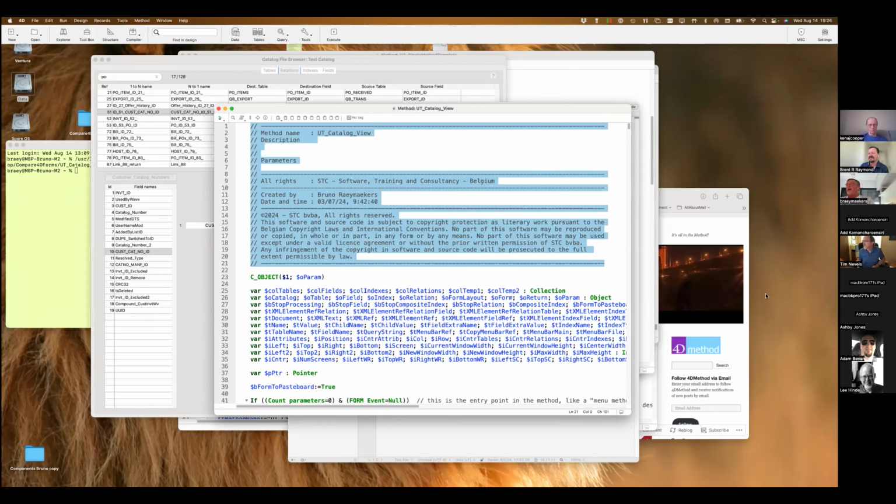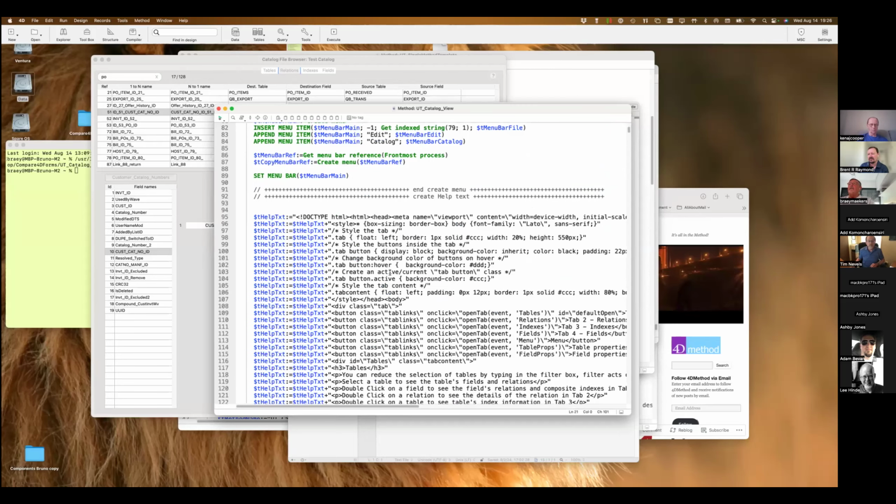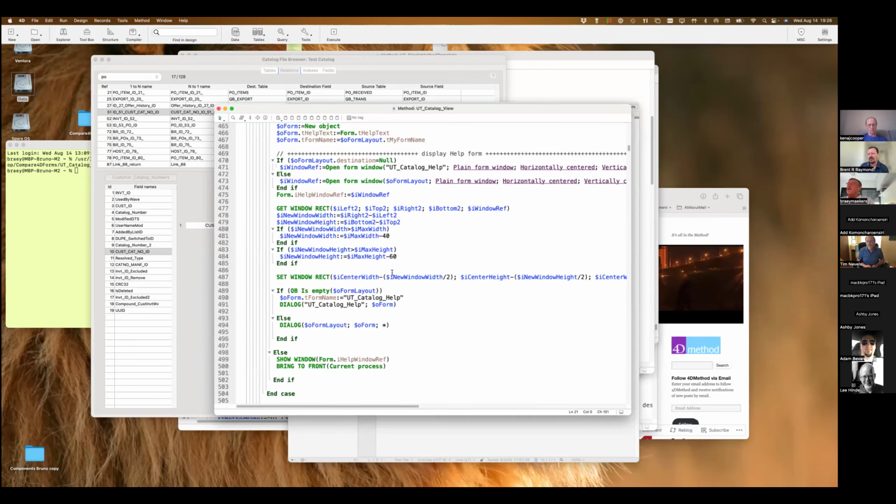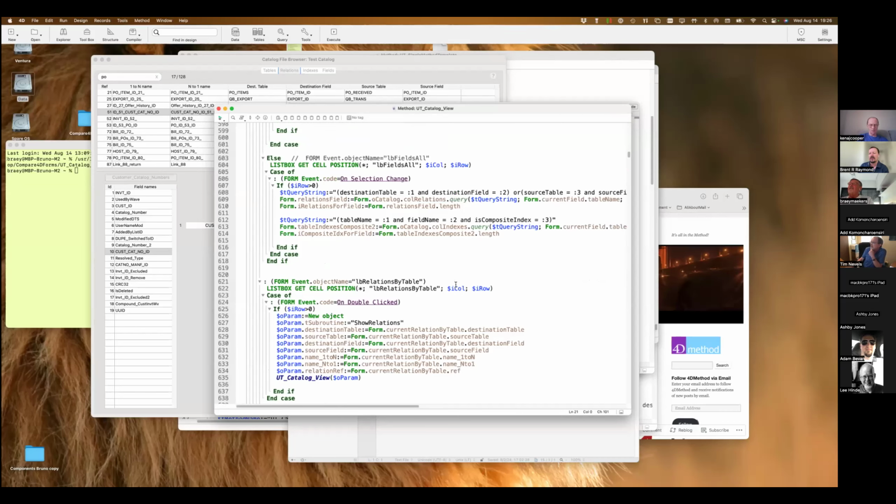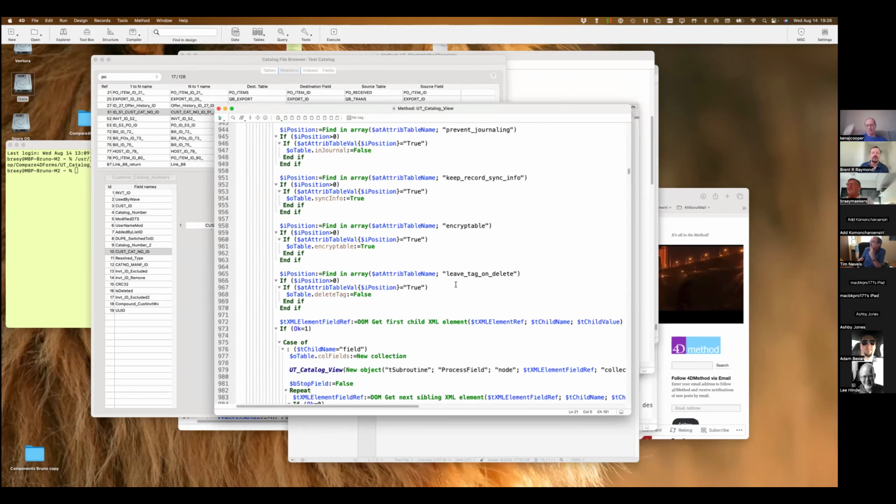Well, indeed, you're right, Tim. You should only be running the method. That's the only thing you need. The other three methods that are there are just examples of how you can start a method like that, or how you can generate the code of a particular form. You can use it for that, and all that code is included in an if true, so it's easy to collapse it, and then it doesn't obscure the rest of your code.